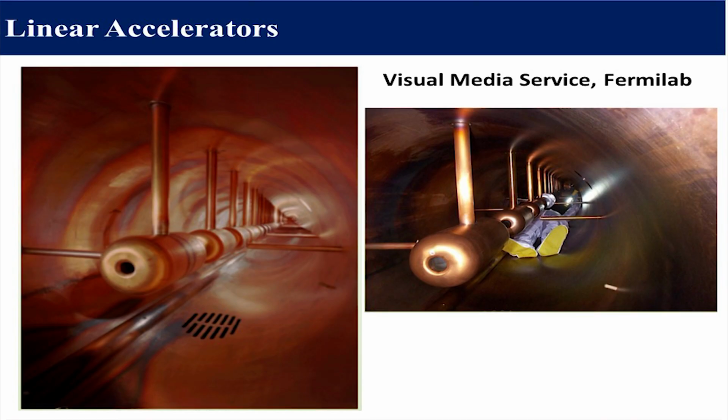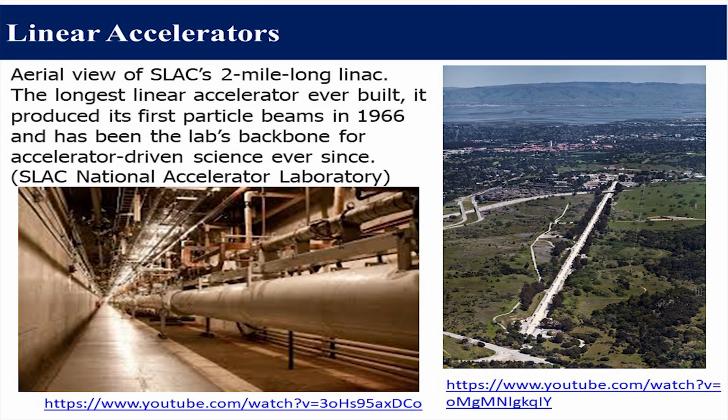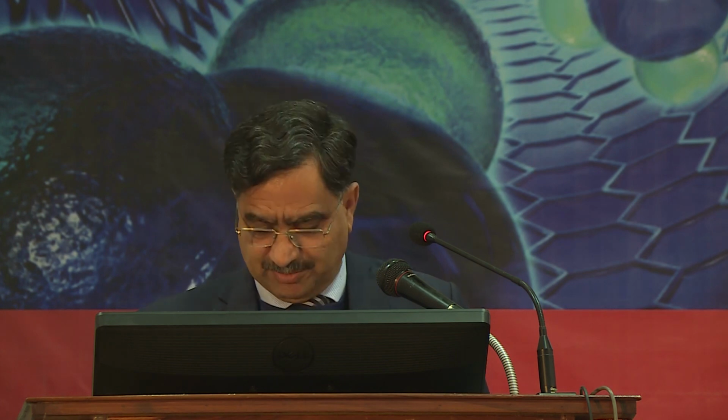These are linear accelerators. You can see we can increase the energy of the ions, but its drawback is the length is about kilometers. You can see here, these are the RF linear accelerators in the kilometers range if we want the giga electron volt energy range. For mega electron volt, 30 meters or 80 meters is enough to get the mega electron volt energy range. If we increase to giga electron volt and more, we need too much length, and then we can get the high energy beam of ions.